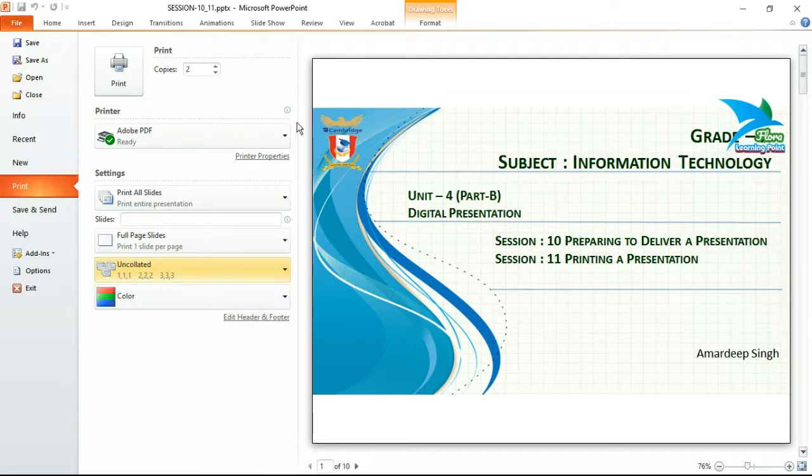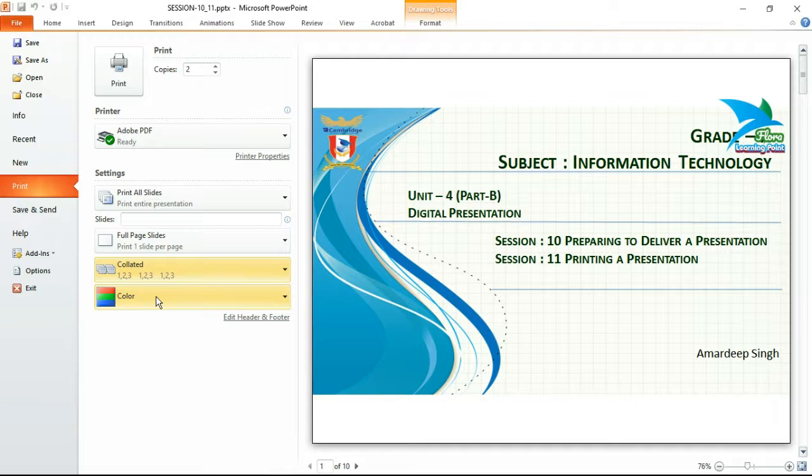If you choose uncollated, it will generate two hard copies, but first it will print two printouts of the first slide, then two printouts of the second slide, then two of the third slide, in this way. So that was the option.